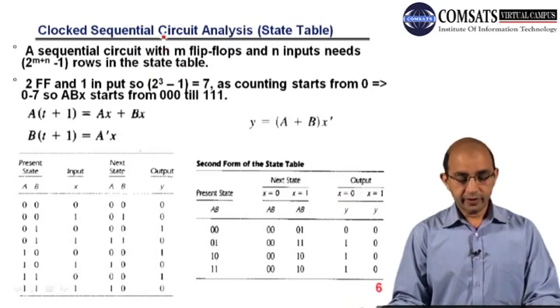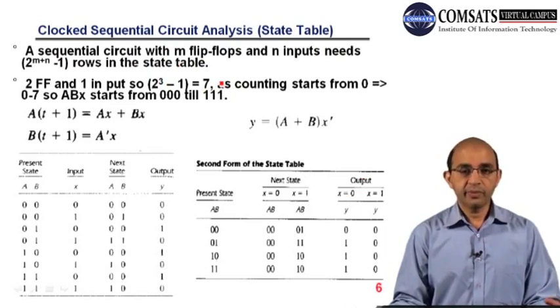So if, for example, I have a sequential circuit, and in that sequential circuit, I have m number of flip-flops and n number of inputs. So I want to calculate the number of rows in order to draw the state table. So how can I calculate? This is a very simple